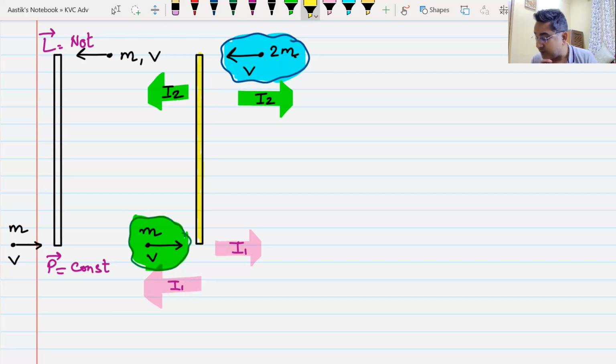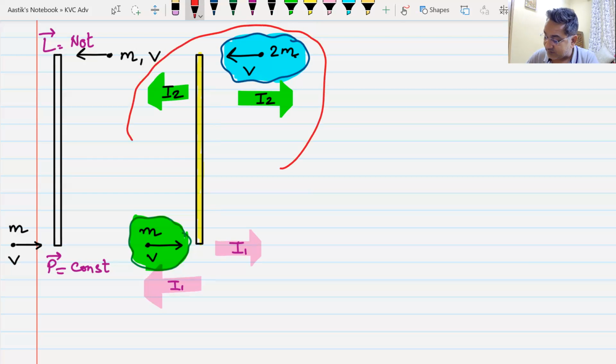Well, it is not conserved, because on the yellow rod we have this impulse coming from the ball. So the linear momentum is not conserved. But when I take these three things as one system,